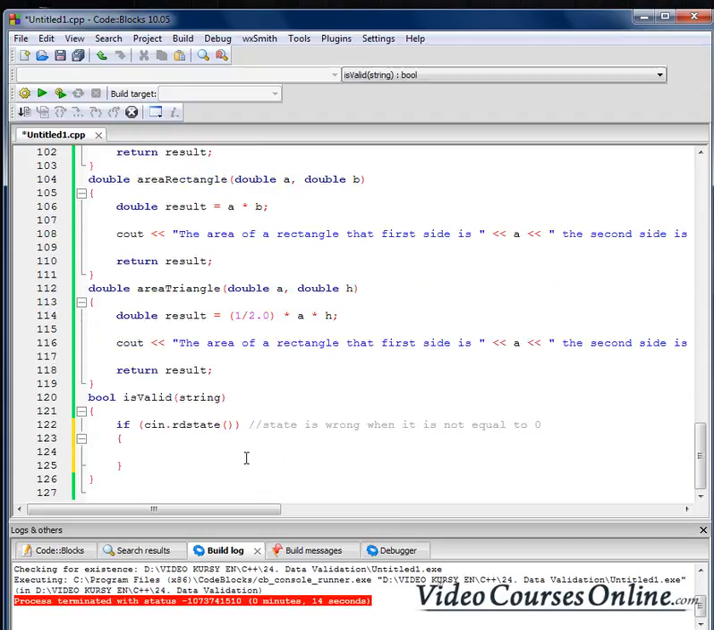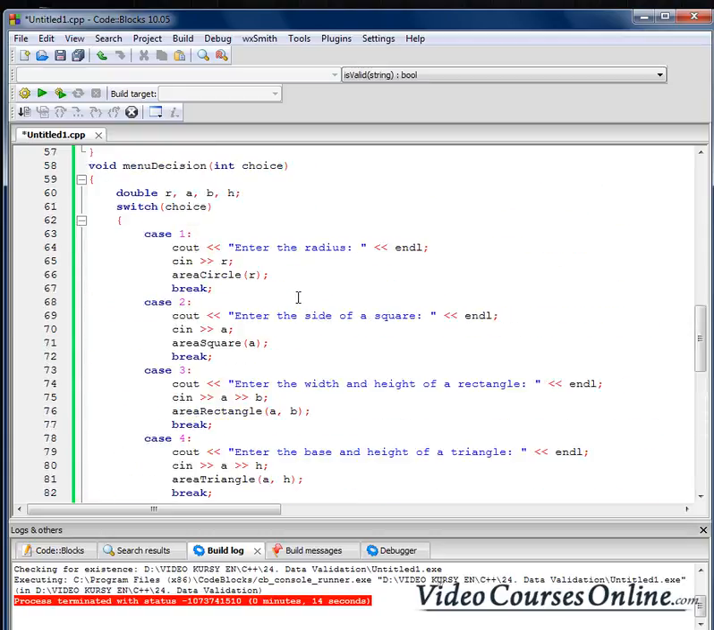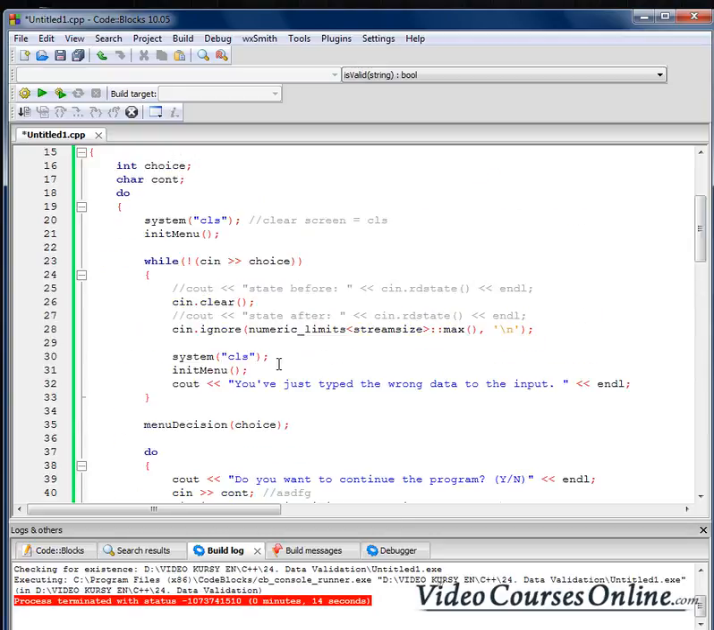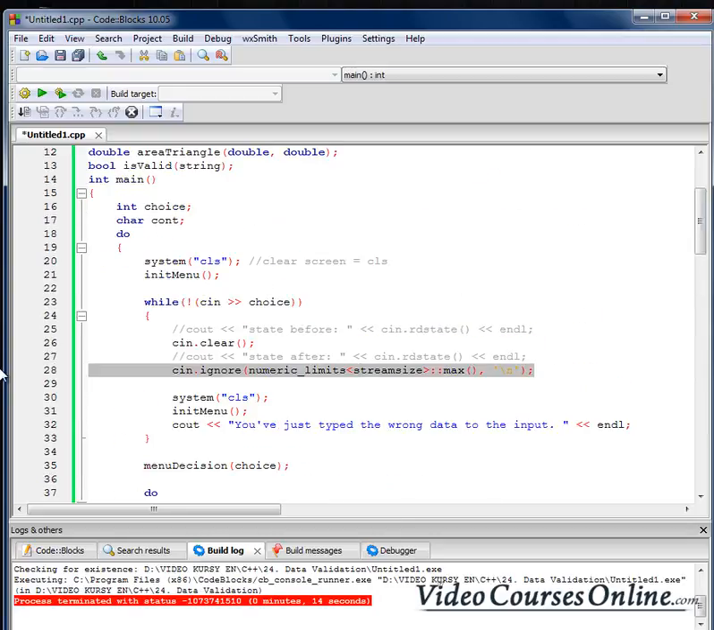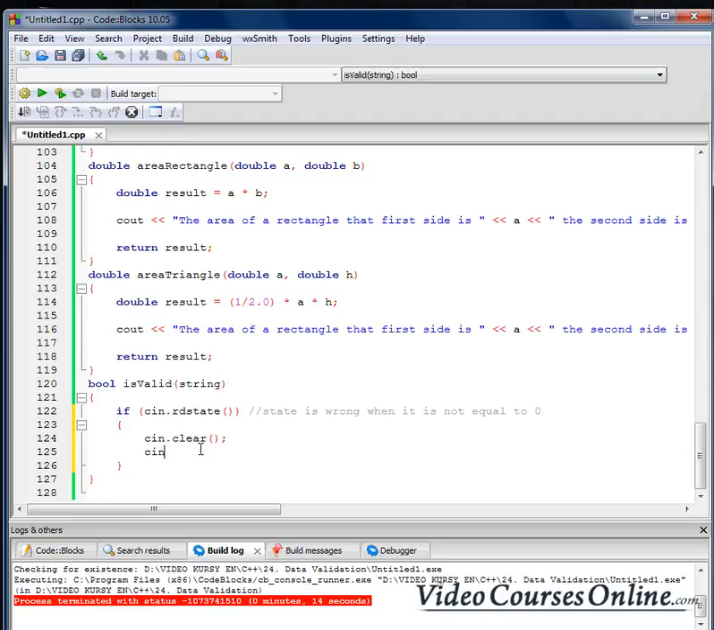So if the state is wrong, we have to clear the state, right? And everything is fine then. We have to also ignore, and then we should clear the screen so it will be